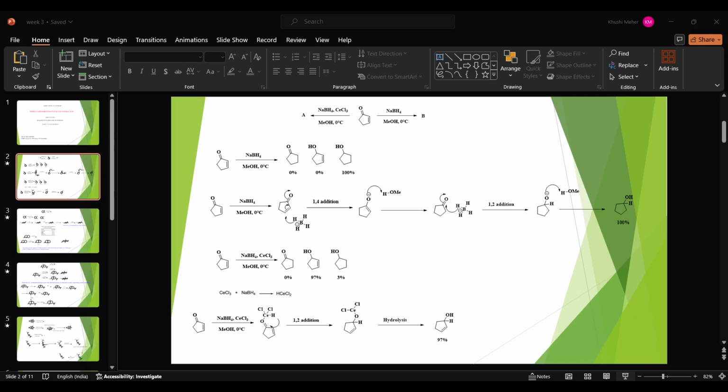But you will get some amount of the secondary alcohol also. It is not that you will completely get your product as the allylic alcohol or the secondary alcohol. So,